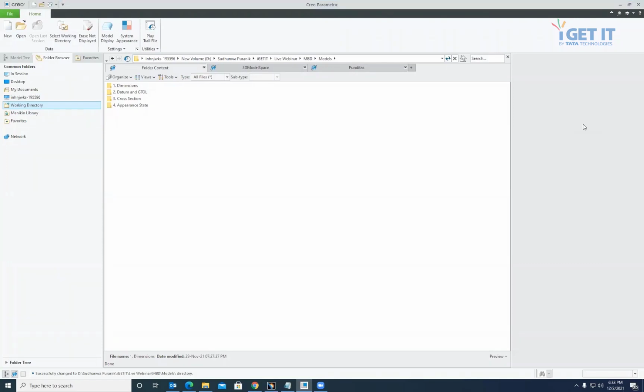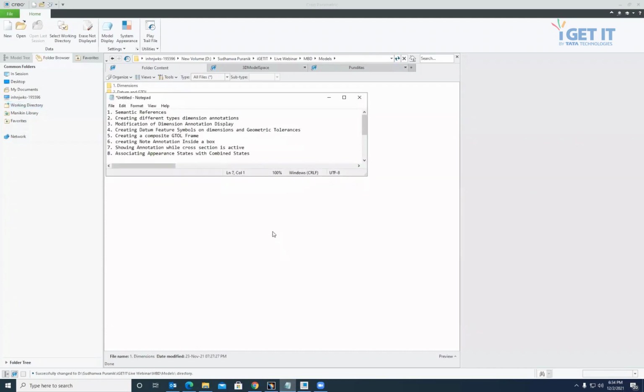Today I'm going to deliver a webinar on MBD using Creo Parametric, for which I'm using Creo Parametric 7.0, and this will be a very brief overview of the techniques in MBD. As we know, MBD is nothing but model based definition, that is 3D annotations. In the past, when people used to create 2D drawings of 3D models, that can now be done, or should be done, using the 3D models itself. That's why we use MBD or 3D annotations.